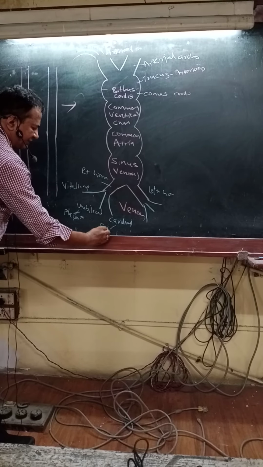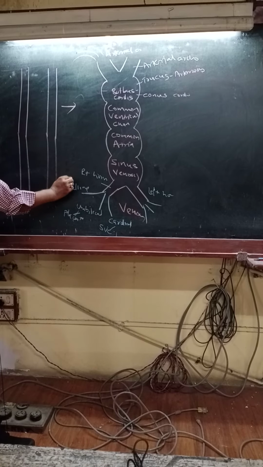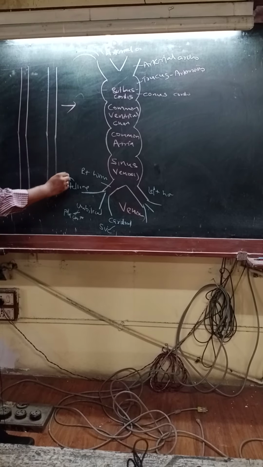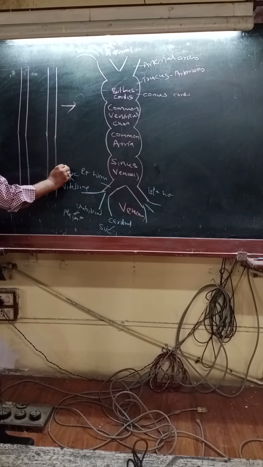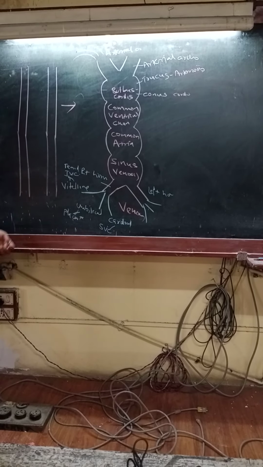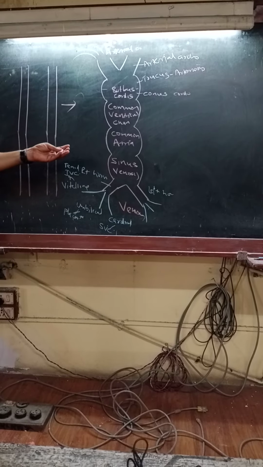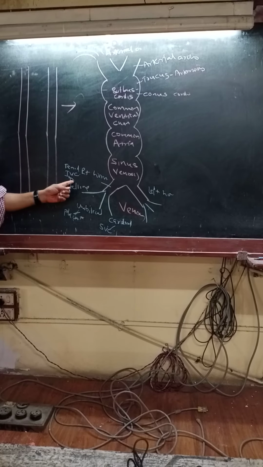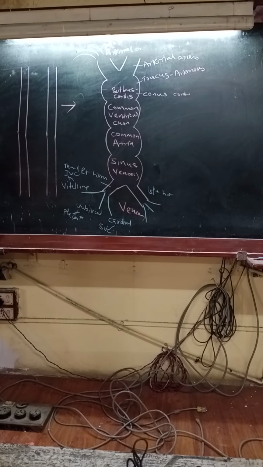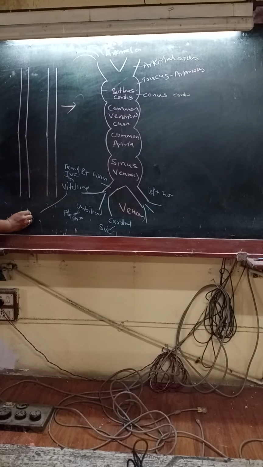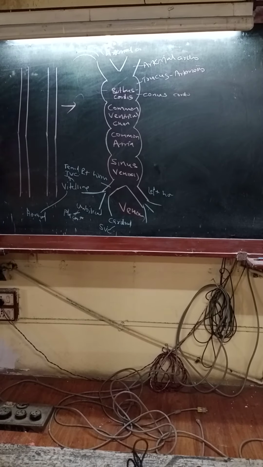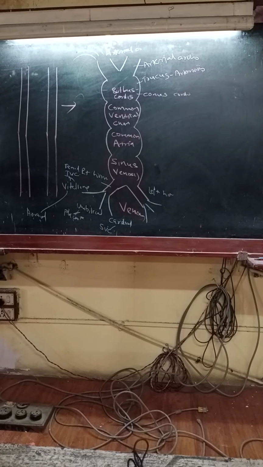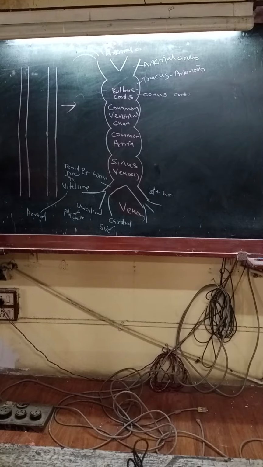Cardinal veins will form the SVC. Vitelline veins form the terminal IVC. Now be clear why they open into the right atrium: because one is forming the SVC, the other is forming the IVC. Cardinal forms the SVC, vitelline forms the IVC. Vitelline actually forms the portal system also. Cardinal veins are coming from the body wall. Umbilical is coming from the placenta.